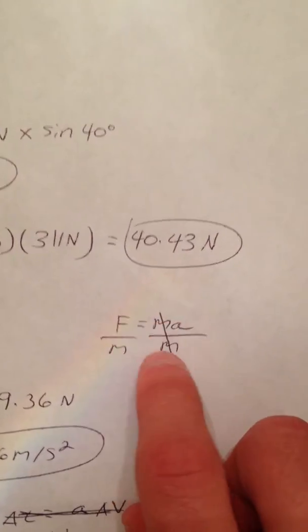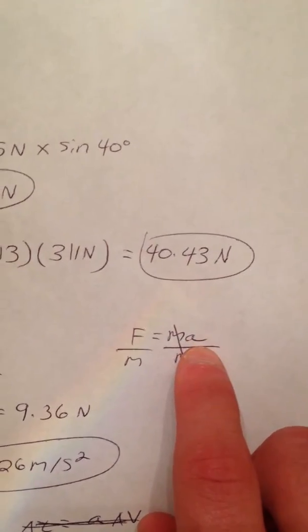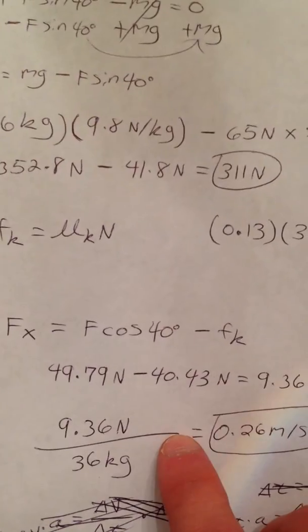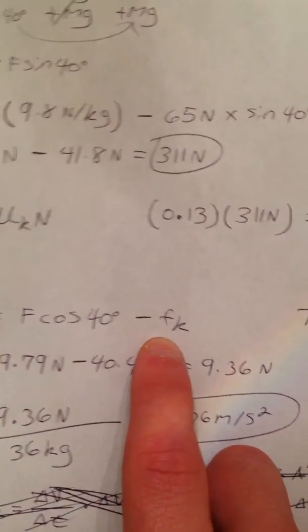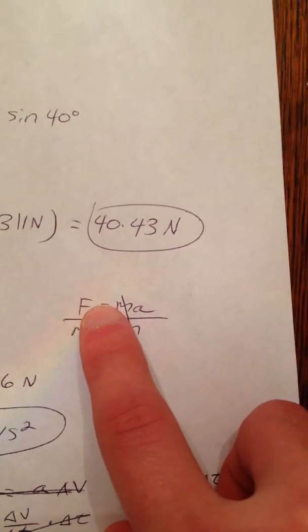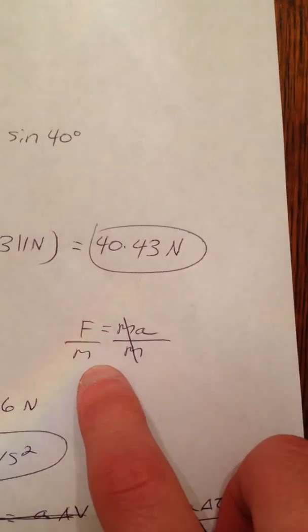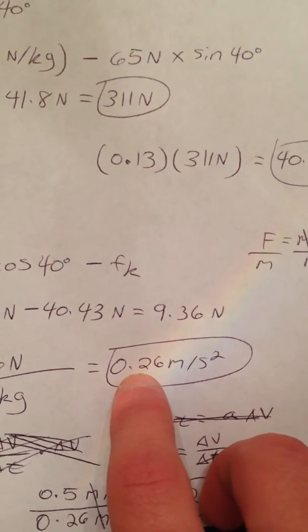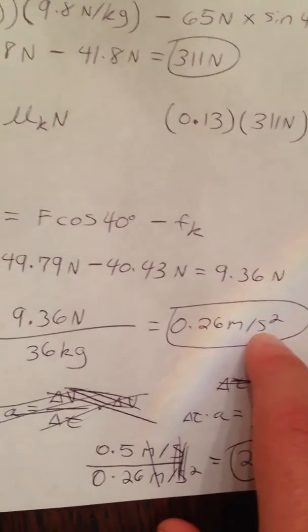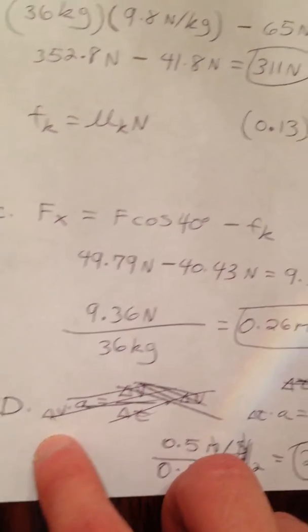because this is what I would plug in and manipulate to find the acceleration. Okay, because you have to deal with the X components first before we can divide all the X forces by the mass. Okay, and once you do that, this is what I get, 0.26 meters per second squared. And part D,